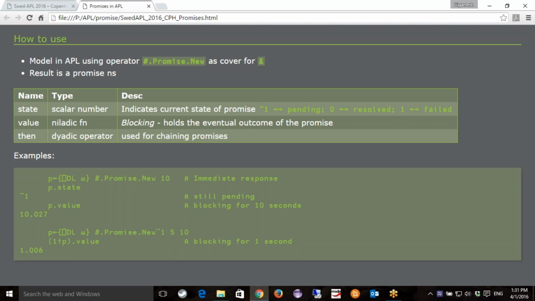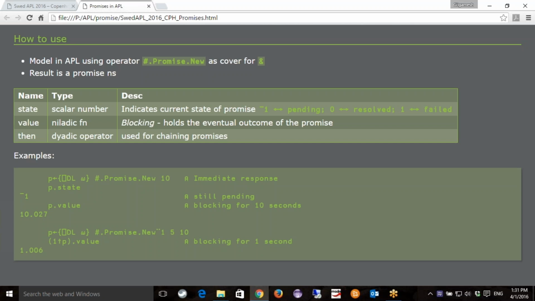Now, a simple example of how you would call that, you've got a function here. I'll stick to everyone else's examples of using QuadDL. We use QuadDL here. It takes a single argument, which is passed to the right-hand side of the operator, just like you would with ampersand. It returns an immediate response, which is this P namespace.